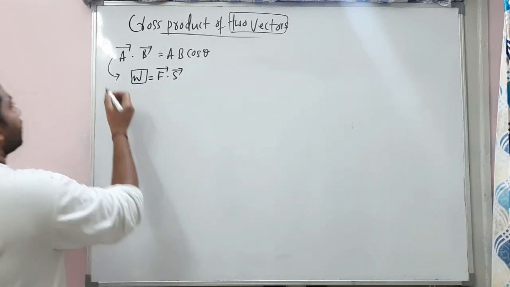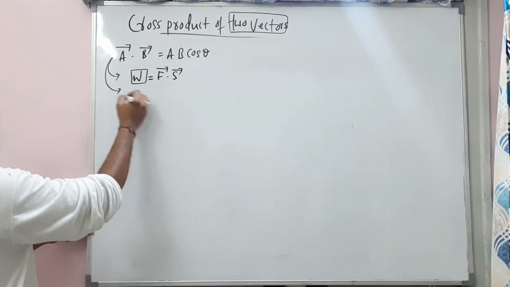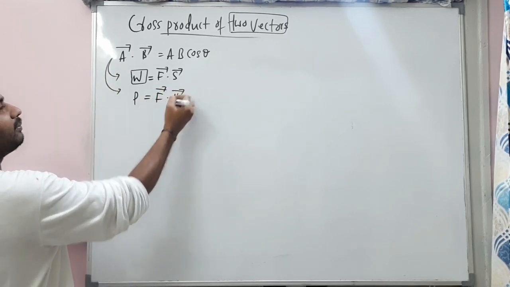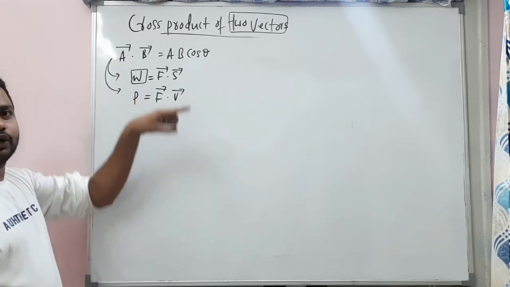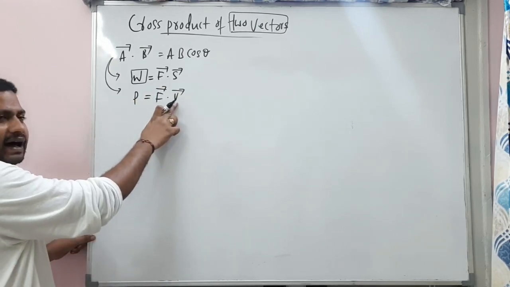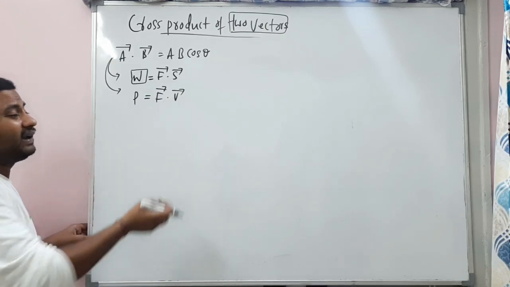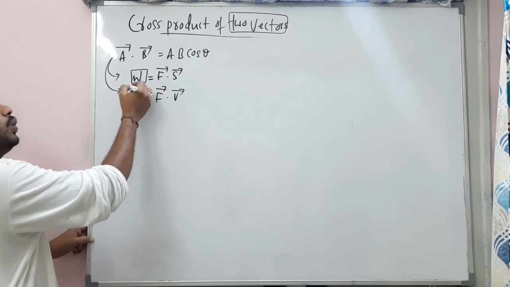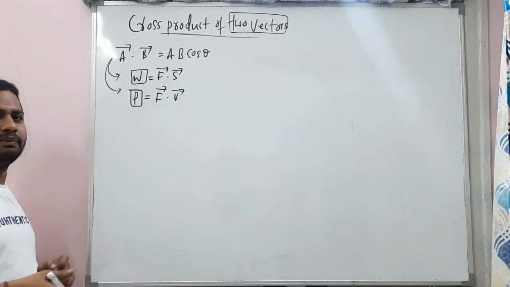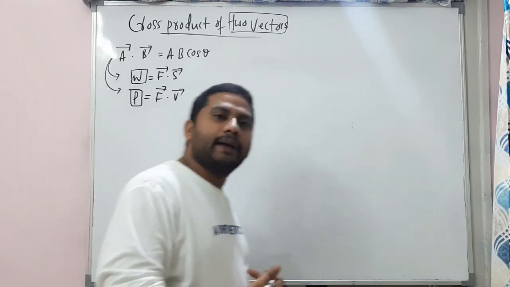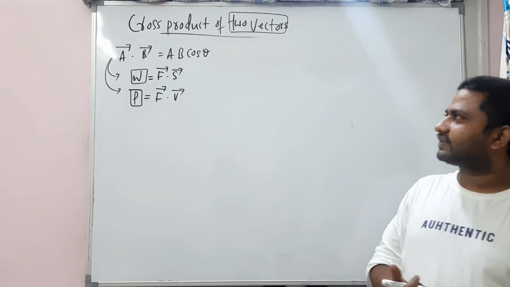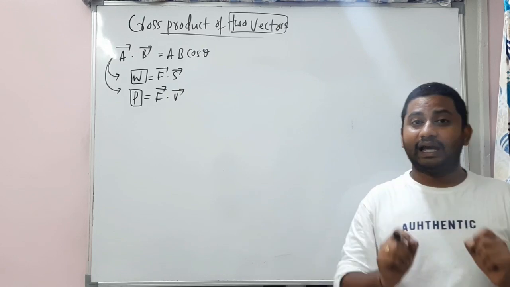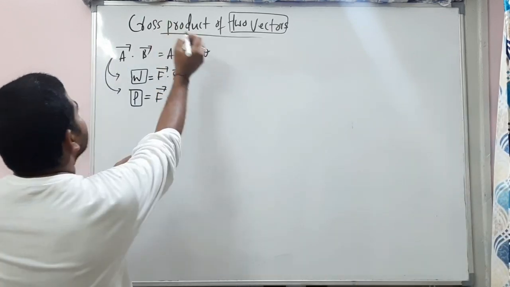Let's see one more example here. Power is equal to F bar dot V bar. F bar is a force, V bar is a velocity. Both are vectors. So when you are multiplying two vectors with a dot product, we get a scalar, right? Power is a scalar. Work is a scalar. Like this, we have so many examples. Students, what you should understand is that when we are doing a dot product between two vectors, your product will be a scalar. So now our topic is the cross product.